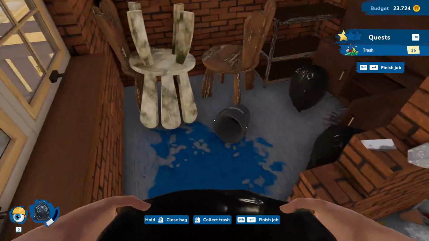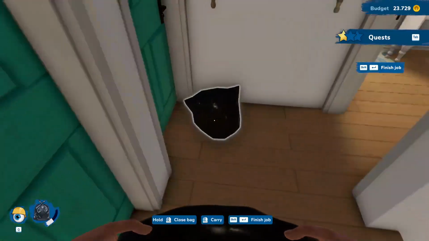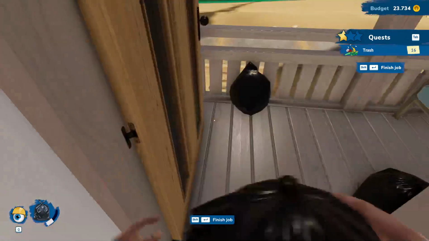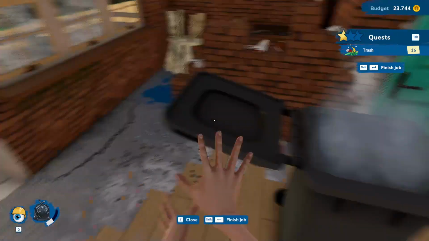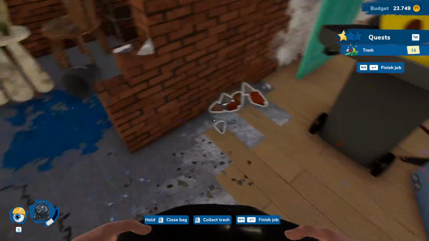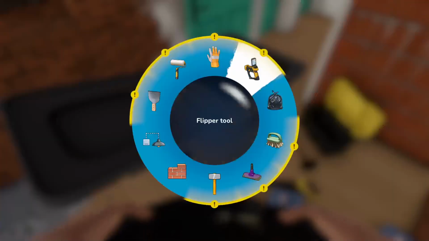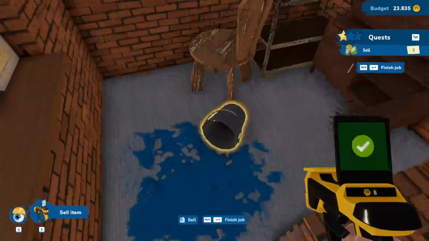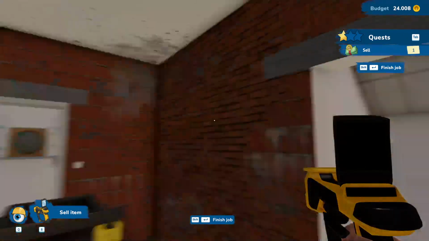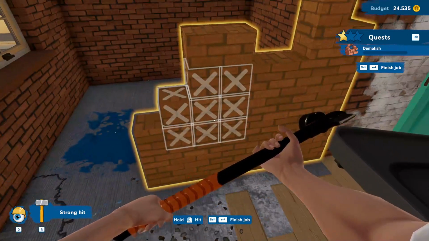So let's pick up some trash. Wait. Oh, no. Missed. Almost threw it off the balcony. I still haven't figured out how it is aiming. There we go. So pick up some more trash. Rid of all of that. Get rid of these. I need to sell something. There we go. We don't need to sell that. I think it's because we're going to use it. But let's